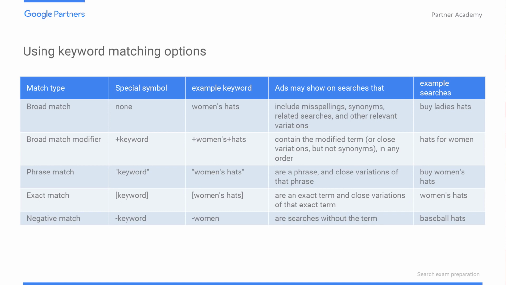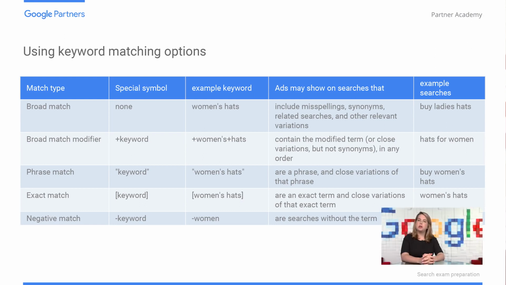Using keyword matching options. Keyword match types help control which searches trigger your ads. In general, broad match will show to a much wider audience than an exact match term. It is recommended to start with broad match terms and move to more specific match terms as you analyze effectiveness. The more specific the term, the more qualified the attracted audience may be. Keyword match types can be used for campaigns that show ads on the search network, but the display network treats